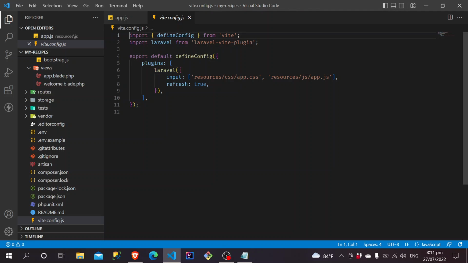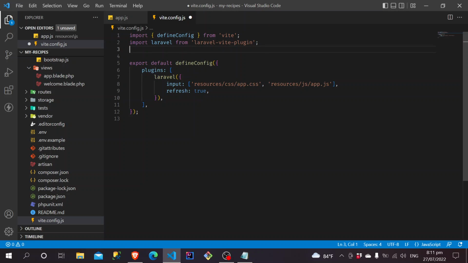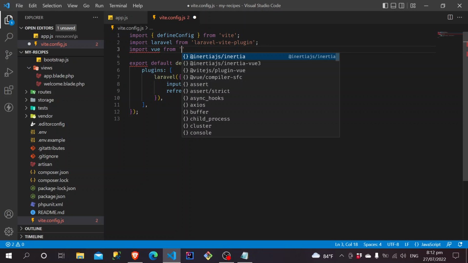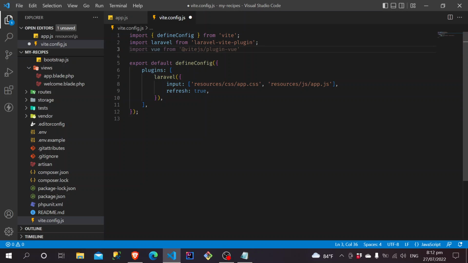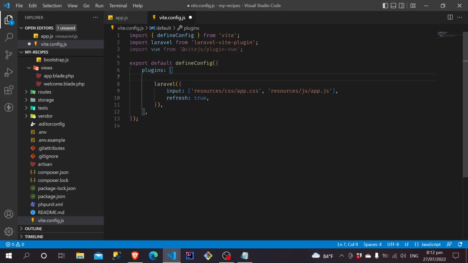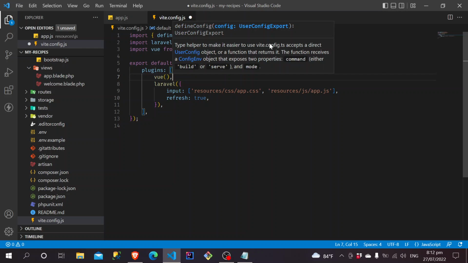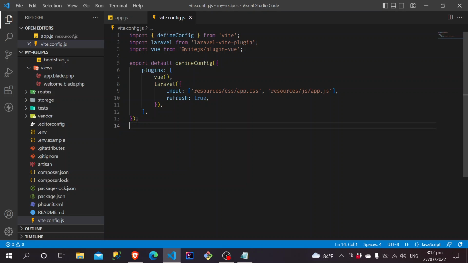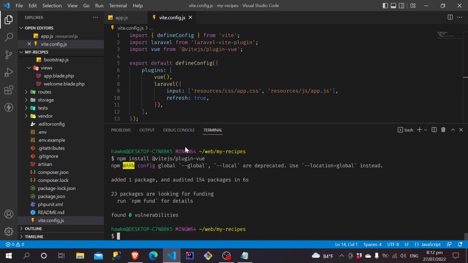So all we have to do is import the Vue package here, import Vue from, and we'll be using the Vite.js plugin for Vue. This is the one. And all we have to do now is include the Vue package in the plugins. So say Vue and then separated by a comma. And that's all there is to it in the configuration. Now we can try and execute our installation of the npm